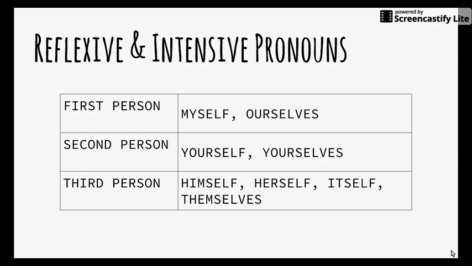Divided into the first person, second person, and third person categories, we've got myself, ourselves, yourself, yourselves, himself, herself, itself, and themselves. These words are all the same. The reflexive and intensive pronouns, it's all of them, but the circumstances of the sentence determine whether they are reflexive